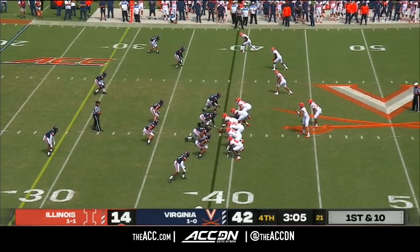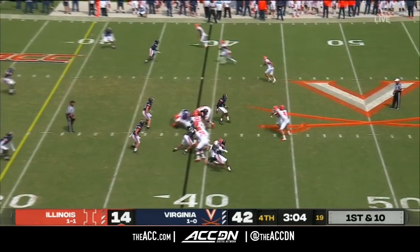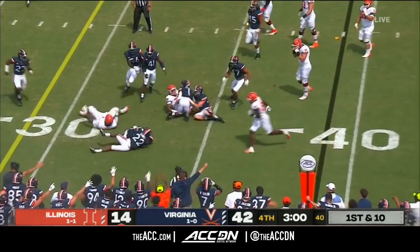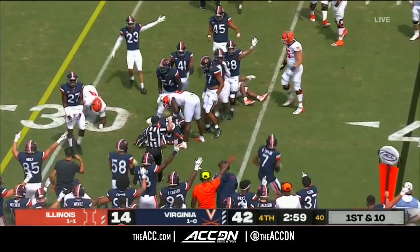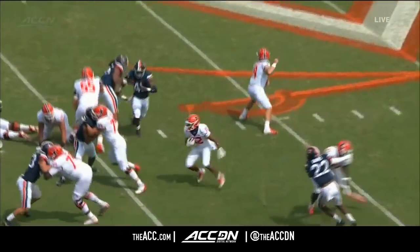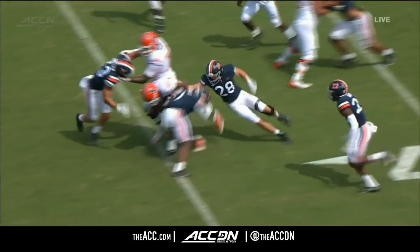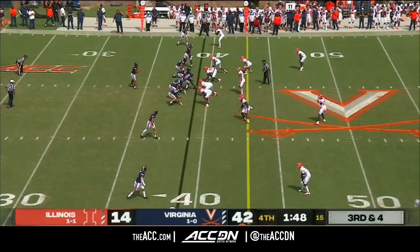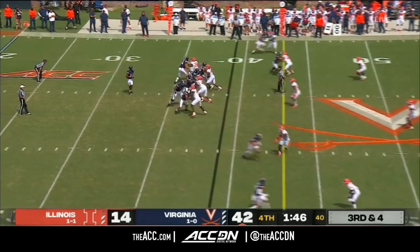So that's a team to look out for. So it's not just Miami, North Carolina, and everybody else. I think, Mark, the takeaway after week 1, and you could even say fumble, and Virginia picks it up. Got a flag on the play, but on the fumble, Virginia is able to get the turnover. And play football right now in the ACC. I mean, you got some tough schools to play against. Good job. Again, I mean, minute 47 away from ending this one, and we'll take you right to that one